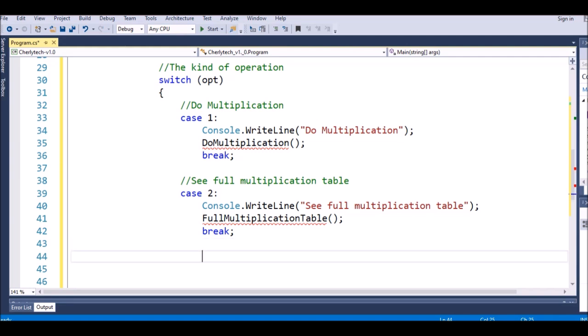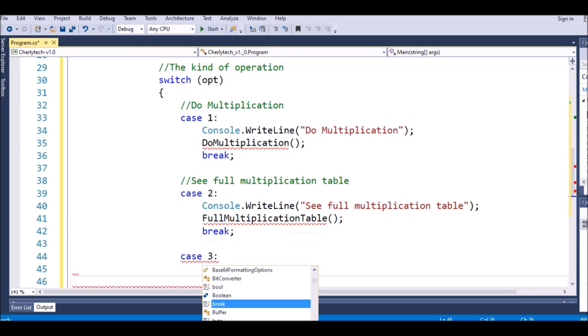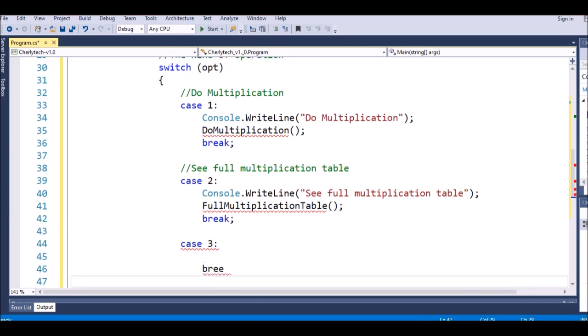So number 3 we say case 3, break. So number 3 we will comment in here. Is this the system, right? Is this the system